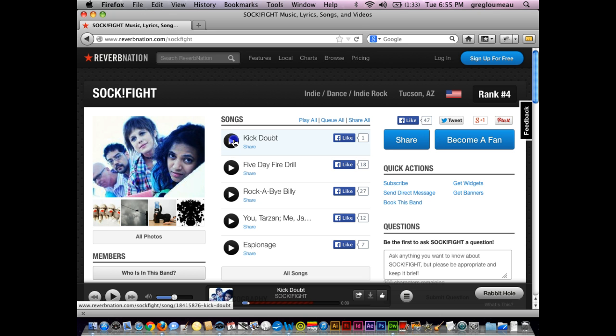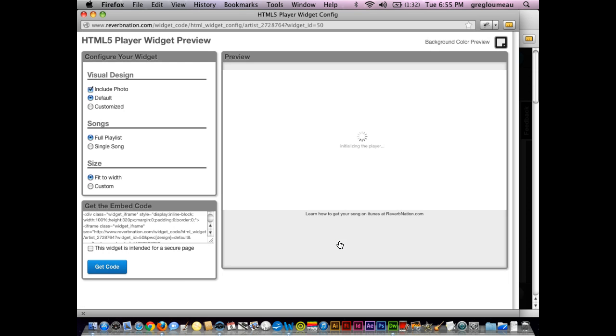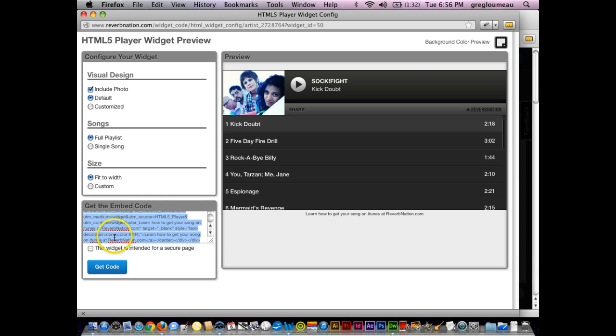Okay, so they've got a little player here that has like four or five songs. Now, if I want to put this player on my website, all I have to do is click this button called Share. You'll notice it has some buttons here to share it in different ways. But if I go to the bottom right and click Embed Widget, it takes me to this page, and then it says get the embed code, over in the left-hand corner. Clicking on the Get Code button takes all the code that was in this box